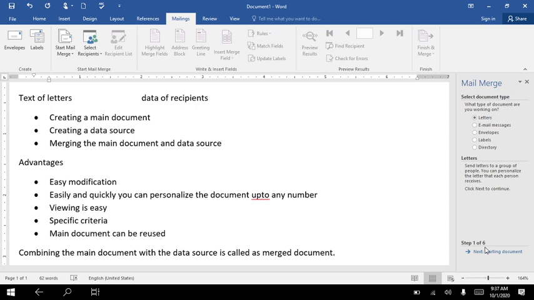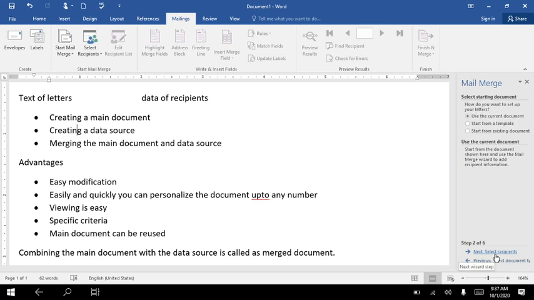You can select the type of document you want to create, like letters, email, labels, etc. Click the letters. It's already letters by default. Then select document type. Click the next starting document. Can you see this arrow mark? I'll just click that. Good.